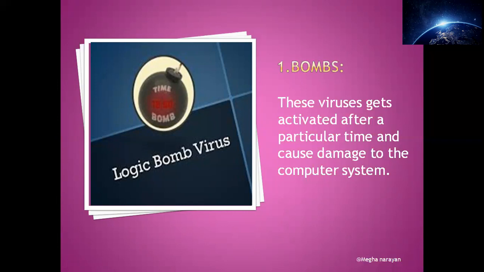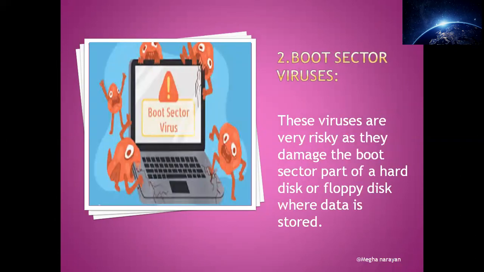Just like the bomb that we are having in real life also, once they have a trigger, they have a particular timer. Once that timer is over, they cause destruction. That same sort of destruction is caused in this computer bomb also. They also wait for a particular point of time. Once the time is over, then they cause damage to the computer system. So moving on from this bomb, this was the type we had already covered.